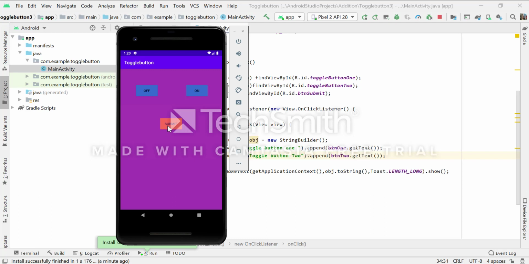Again when I click on the submit button, the message is toggle button 1 off and toggle button 2 on. Now both my toggle buttons are in the off state. So again when I click on the submit button, you will find the message toggle button 1 is off, likewise toggle button 2 is also off.